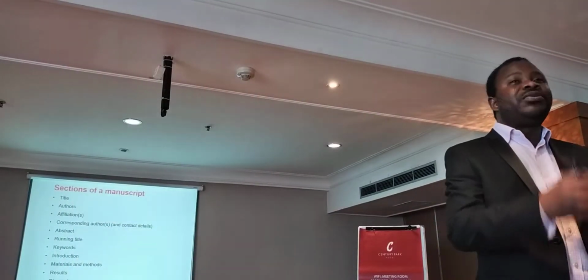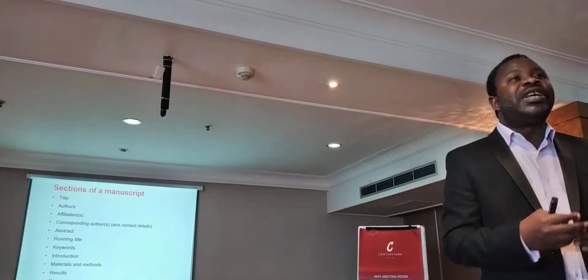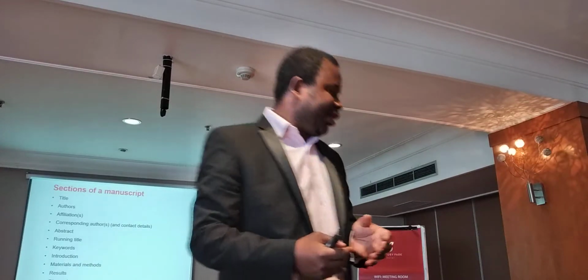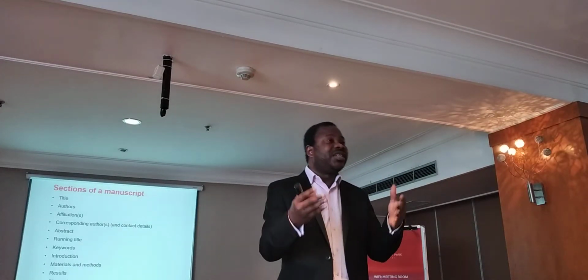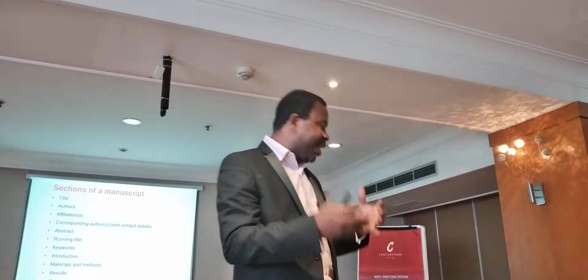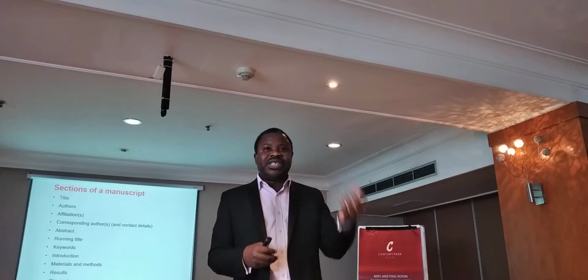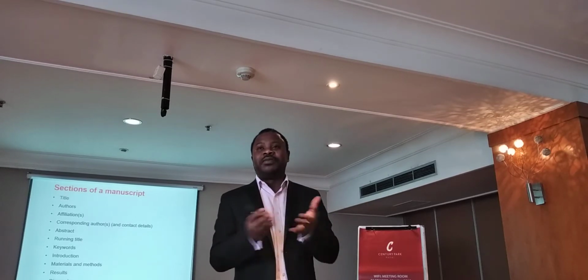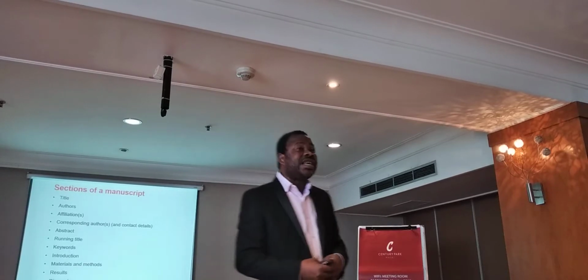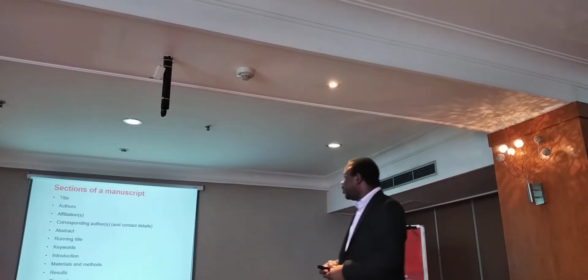One of the things that you need to consider when you're writing your method is, have I given sufficient detail so that if somebody wants to reproduce or replicate my work, they will be able to do so with the level of information that I have provided them? So necessarily, the materials and methods section will be very technical. It will have a lot of information about what you have done, the uniqueness of the things that you have done, about instruments, about measurements, about units, about all of those different things that will come together to present exactly how you have done the work.